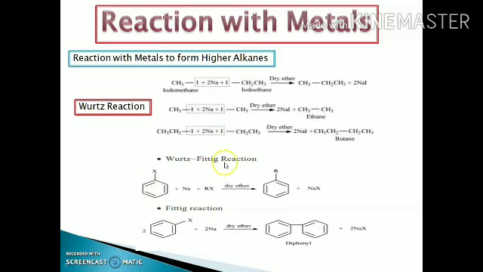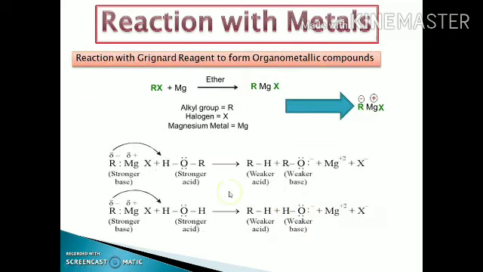In case of the Wurtz-Fittig reaction, aryl halides on reaction with alkyl halides and sodium metal give alkyl arenes as a major product. In case of the Fittig reaction, two aryl halides on reaction with sodium metal give diphenyl as a major product. Similarly, organic chlorides, bromides and iodides react with certain metals such as